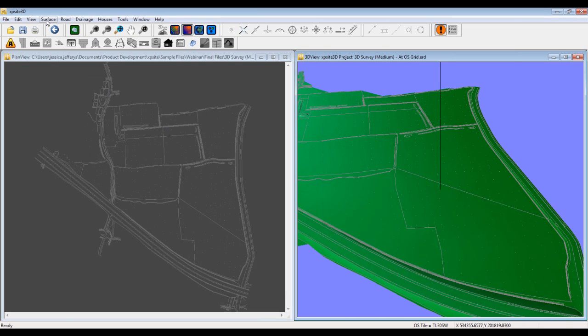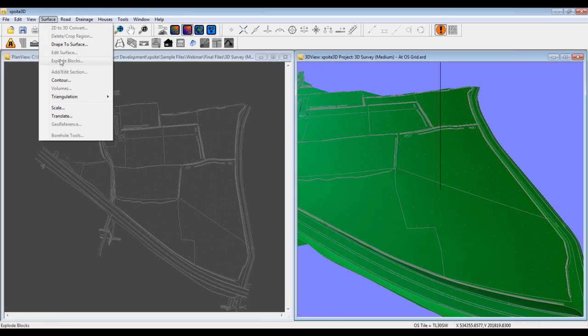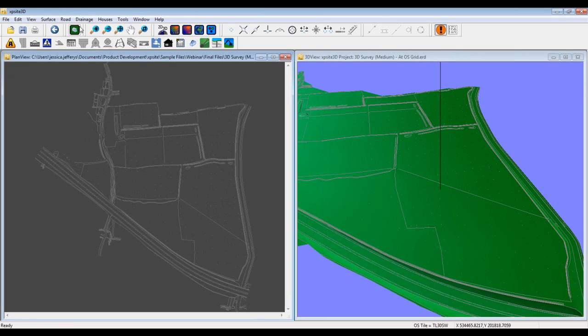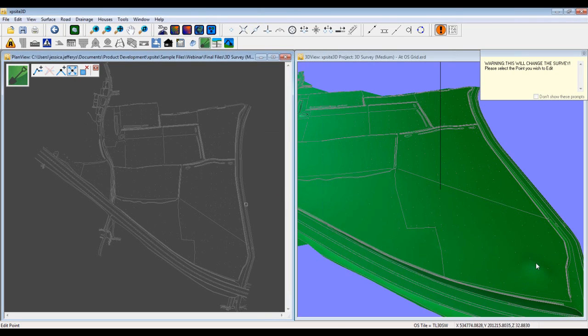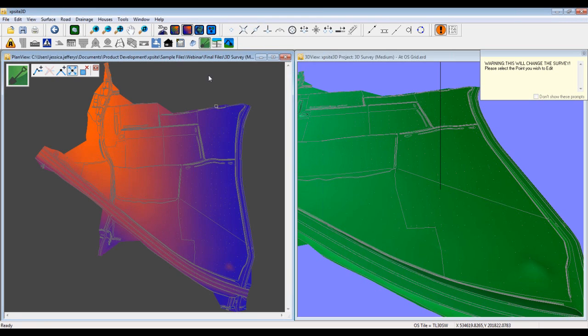It's also very easy to edit individual survey points or make changes to your design. So if we select the plan view and the edit surface option, we can actually use the option here to edit a point. If we select something down in this bottom corner away from where we're planning to add the roads, and we'll just increase that level, and straight away the surface retriangulates and includes that new level in the design. We can then actually colour the surface